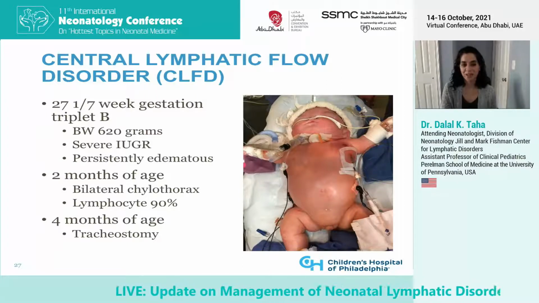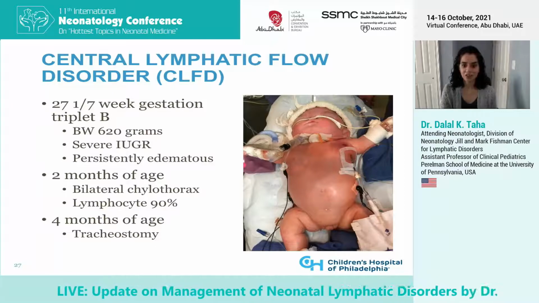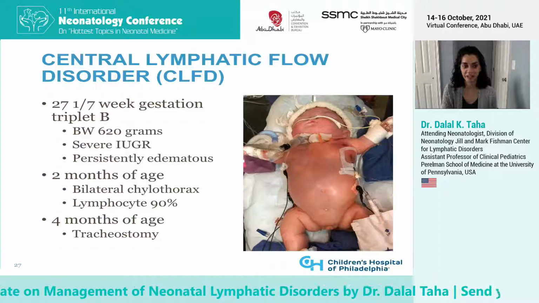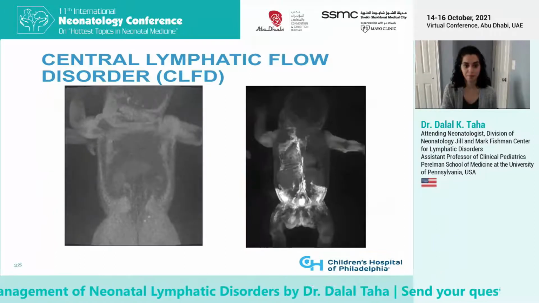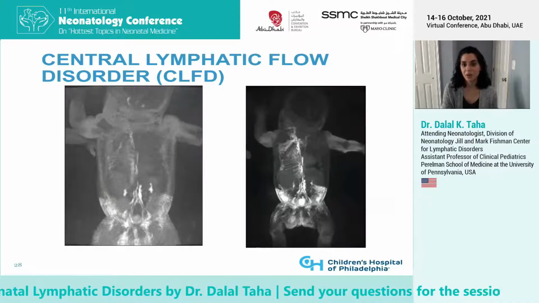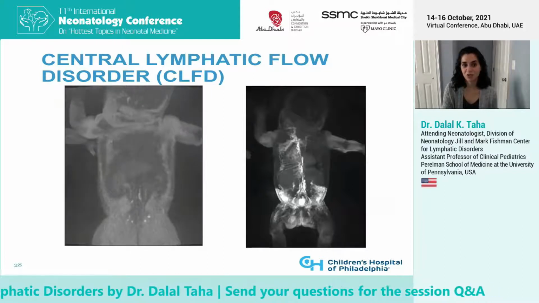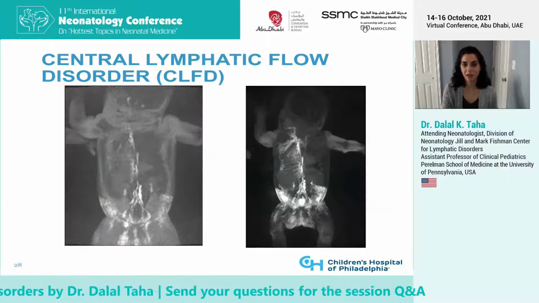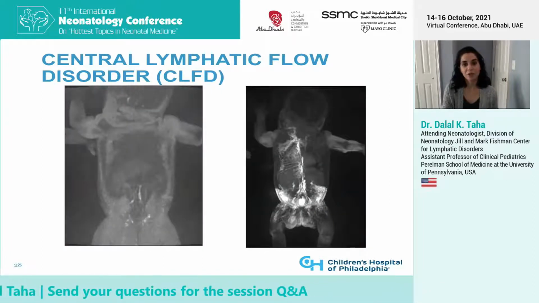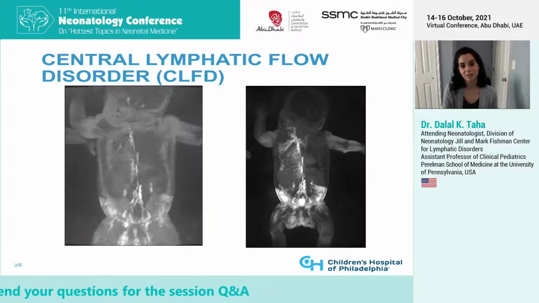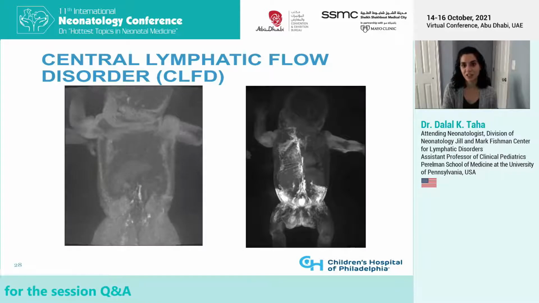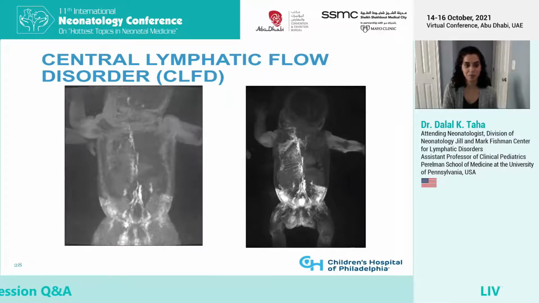We believed her dramatic swelling was secondary to increased central venous pressure and disruption of abnormal lymph channels in her neck. The video and image here were taken from her MR lymphangiogram and show dermal backflow in her abdomen, abnormal lymphatic perfusion to the lung, and a lack of flow from her thoracic duct to the venous system. Given these findings, she met the diagnostic criteria for central lymphatic flow disorder.